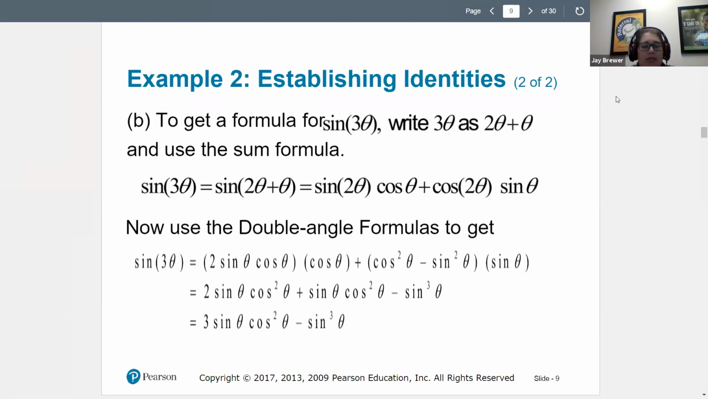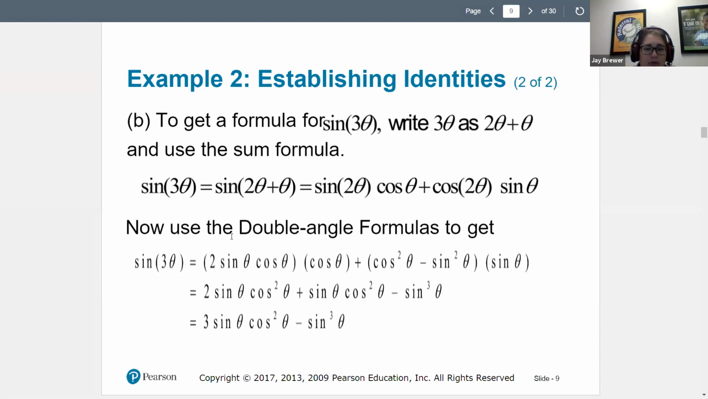Okay, so for part B, we're going to find a formula for sine 3 theta. And everyone can see that 2 theta plus theta is going to give us 3 theta, correct? Okay, so you're essentially breaking that up, and you're going to use the sum formula that we worked on Monday, except now you're dealing with 2 theta and theta. So now you have to bring in not only the sum formula for sine, but you also now have to work with a double angle formula. So you end up getting,